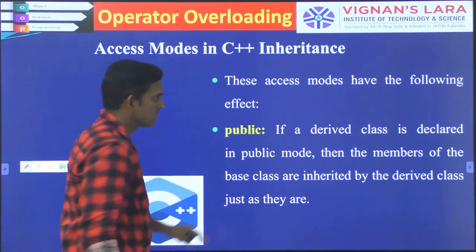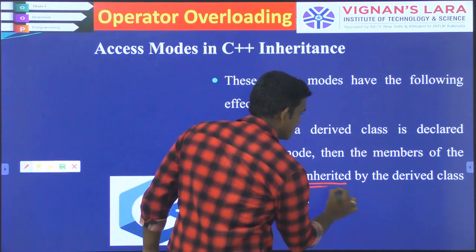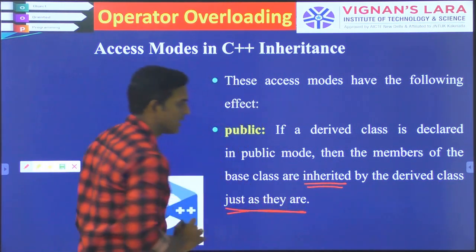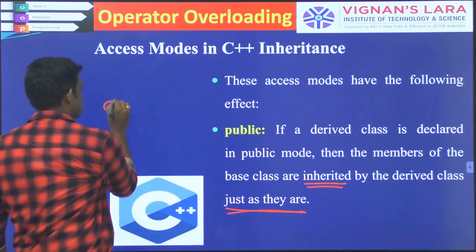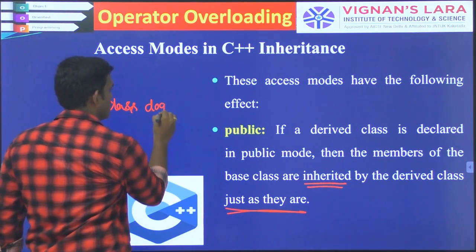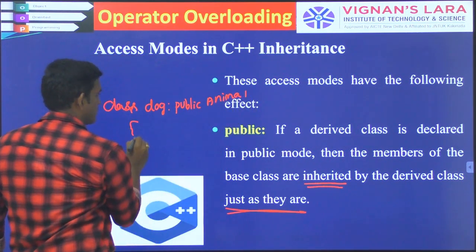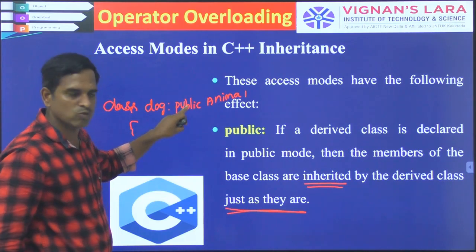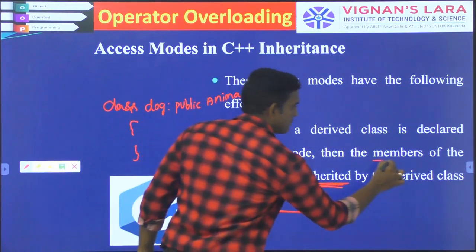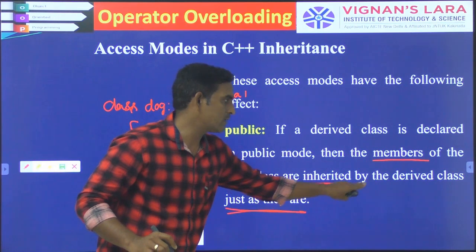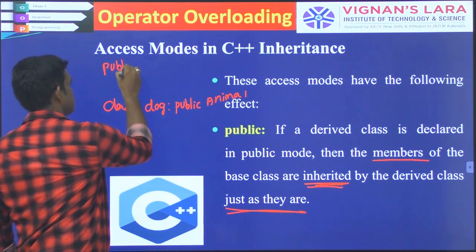If a derived class is declared in public mode, then the members of the base class are inherited by the derived class just as they are. Just as they are means, if you are having your class animal,